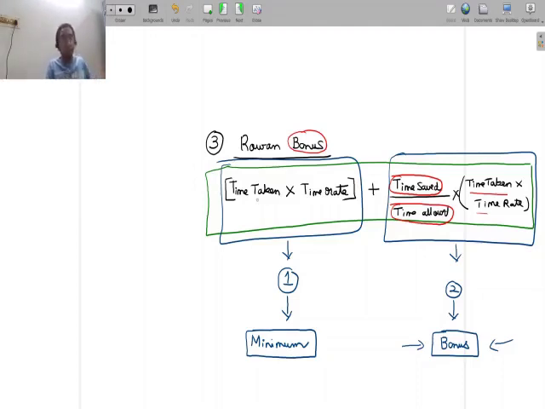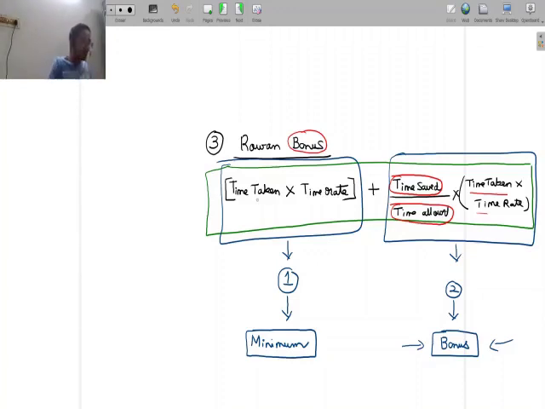So from the worker's perspective, he will be attracted to save time because he knows he is going to get a bonus. But from the company's perspective, it is also going to benefit by lesser cost. So that's the entire idea of Rowan bonus. So this is the logic behind how this formula is structured this way. But from purely an exam perspective, to answer a question, you don't need to know the logic. You just need to remember this and fit in numbers. But understanding the logic when you learn the concept for the first time is definitely important.